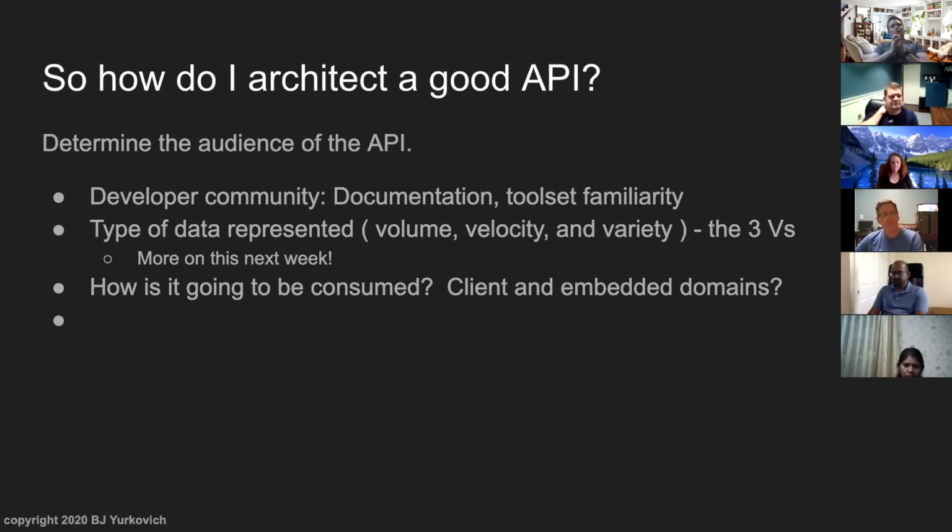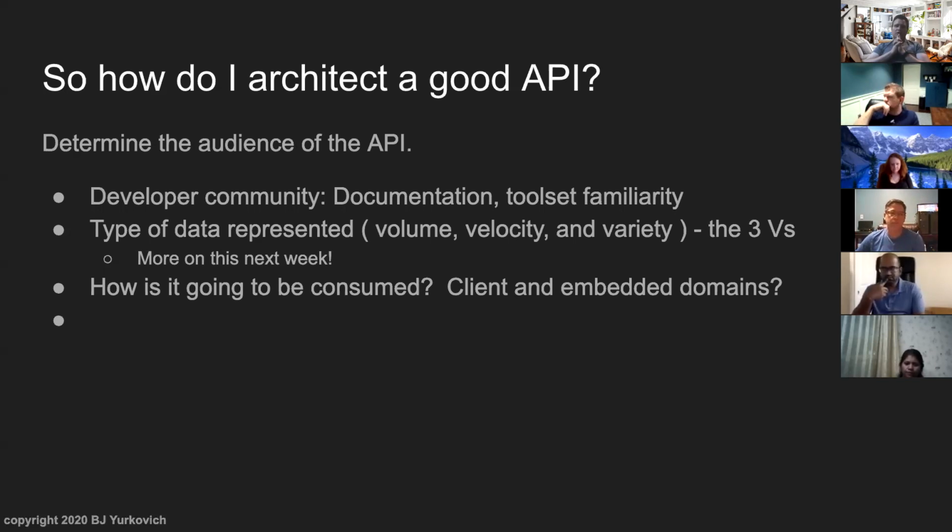You also have to consider what type of data is being represented. So we talked about audience and what kind of documentation you need, but then what type of data is represented? There's the 3 V's of data, right? You probably heard this in big data: volume, velocity, variety. Beth Ann and I have a paper in Utility Grid about this exact topic, written many years ago now. But it really comes down to 3 V's: volume, velocity, and variety.